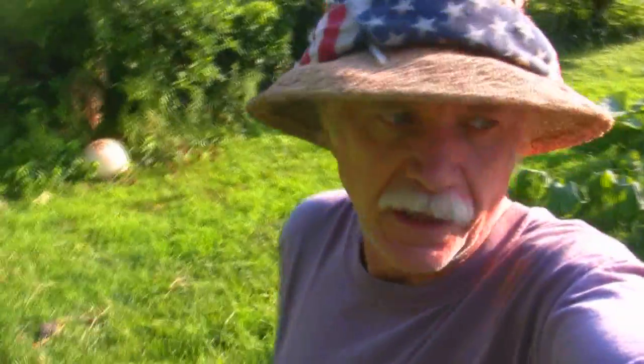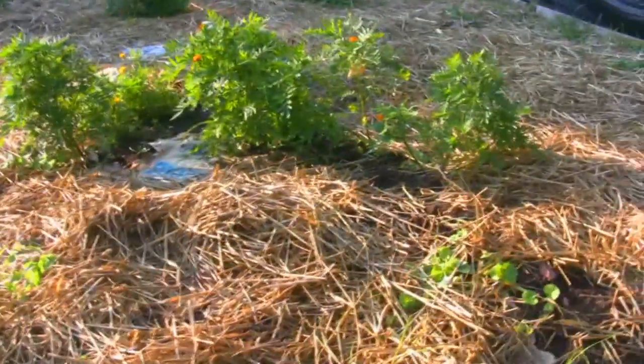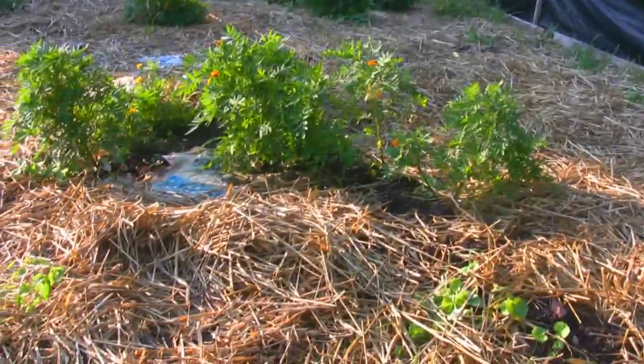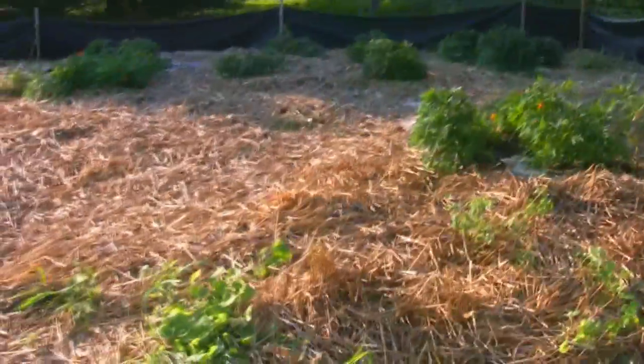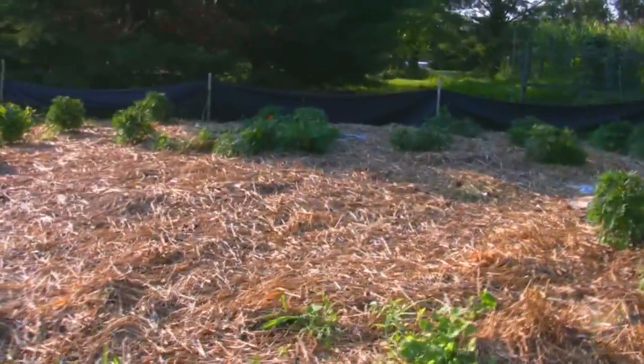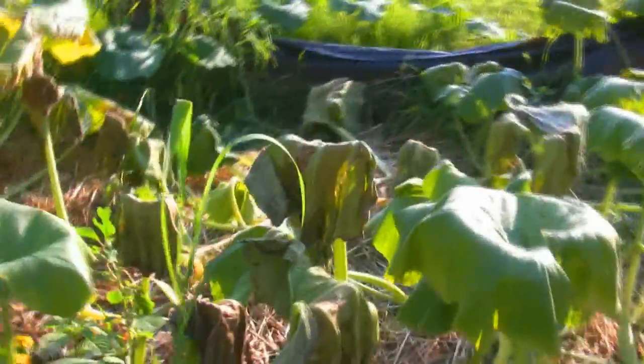So not only did we lose that one plant, but we also had to take out the second plant because it went under stress very quickly afterwards. So now this entire area is just leftover marigolds. We still have one plant left, but I'm sorry to report that this plant is also showing all kinds of stress signs. So all those droopy leaves, those browning leaves,